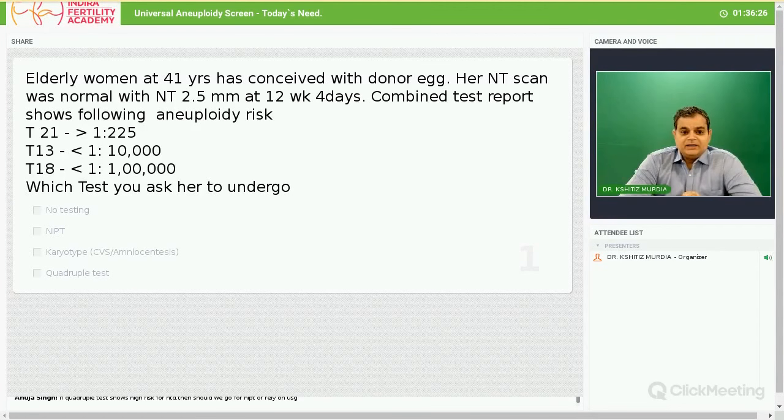Next question: an elderly woman at 41 years has conceived with a donor egg. Her NT scan was normal, with NT 2.5 at 12 weeks, 4 days. Combined test shows risk of trisomy 21 as 1 in 225. It's a simple answer question, I feel so, but still some people are opting for